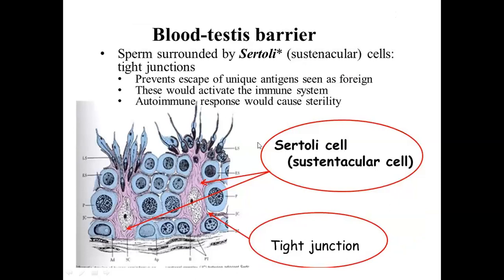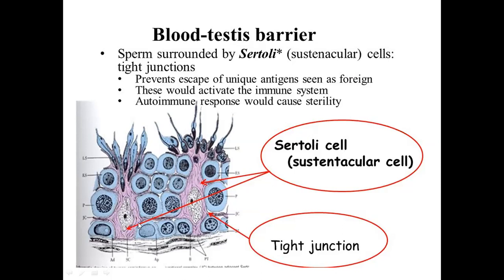So now coming to the functions of the Sertoli cell. One very important function of the Sertoli cell is the blood testis barrier. You can see that these are the sustentacular cells, and these are the different stages of maturing sperm, and this is the basement membrane, and here is the lumen. So these are the spermatozoa being ejected into the lumen, and these are the different stages of development of sperm. But they are being tightly interposed by the sustentacular cells, which are known as Sertoli cells.